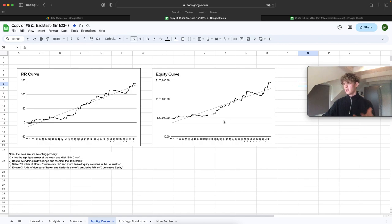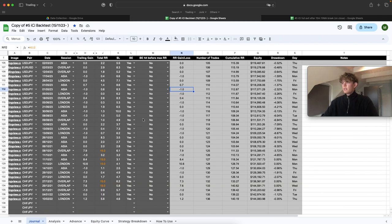That's why it will stay profitable as long as I stick to my rules, which I'm probably going to refine over the next few months, up until the point of buying a funding challenge and eventually passing the funding challenge. But yeah, this actually was it, in order to make this kind of system,